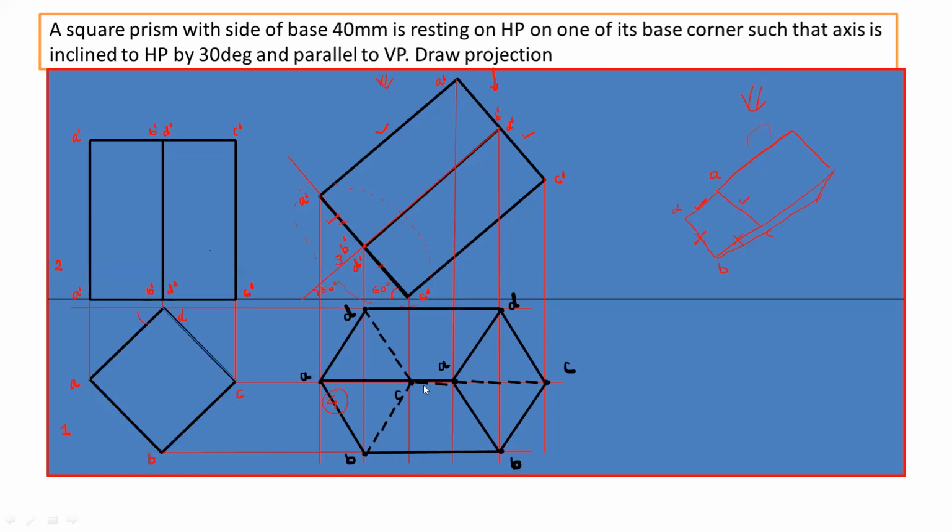So here for some portion, the dash line is overlapped by the continuous thick line. So we have to only show the continuous thick line. Do not show this dotted line. Just for the understanding, I have shown the dotted line here because this complete edge CC is the hidden edge, and for some portion it is overlapped by the visible edge, that is AA. So this is the complete second stage top view. I hope you have understood this.